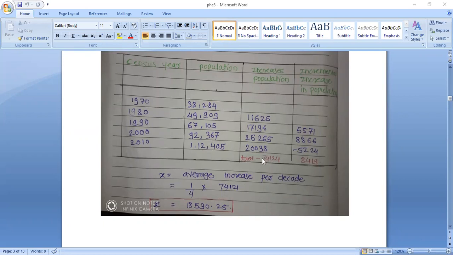This total increase in population is for 4 decades, that is for 40 years. Now we have to find out the average increase in population for each 10 years, that is 1 decade. Then 1 by 4 means that 4 decades into total increase in population is 47,124, and the value of x is